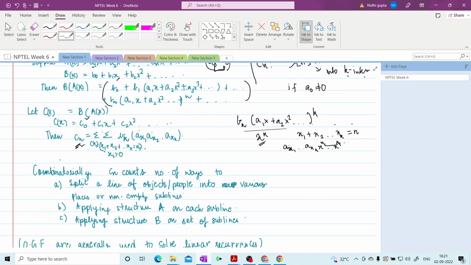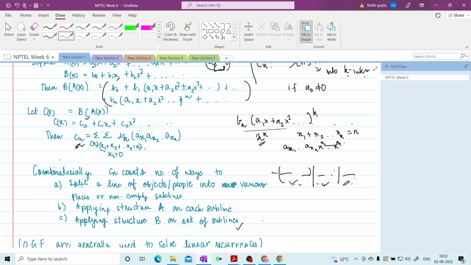Since we are summing over compositions of n, it is counting the following: if we have n objects lying in a line, or n people standing, then we split that line at various places, and we get some sublines, and all these sublines are non-empty. Then we apply structure A